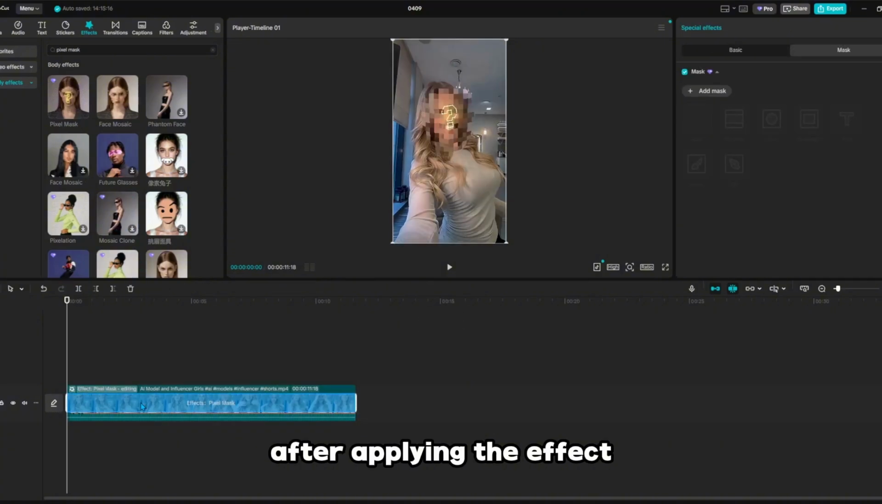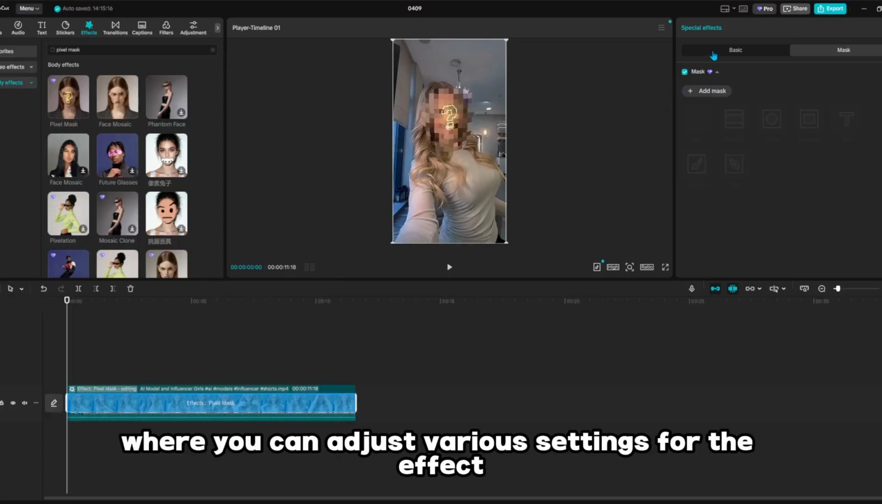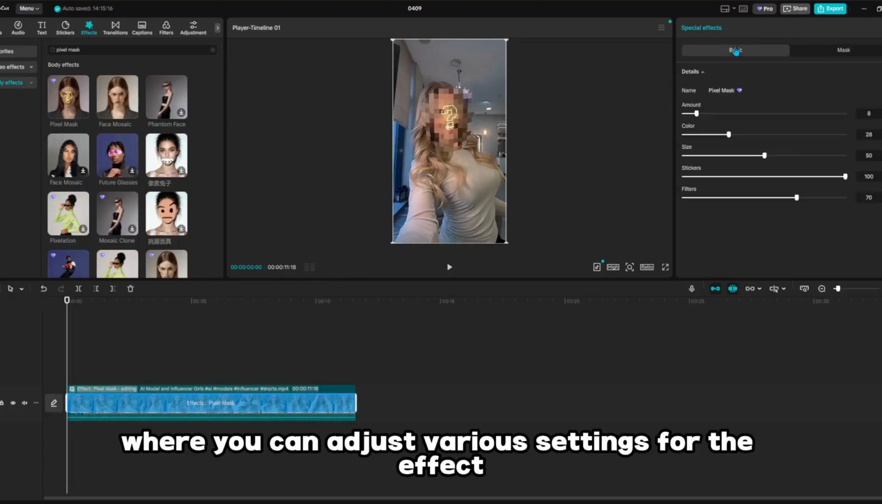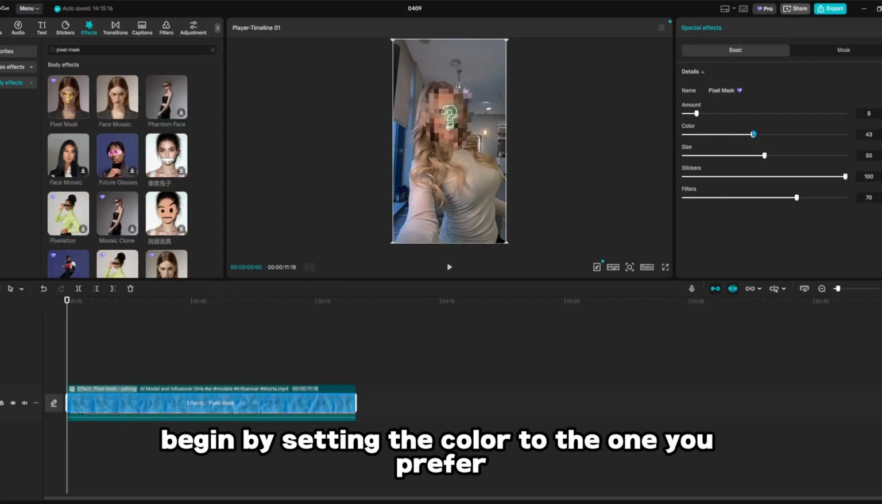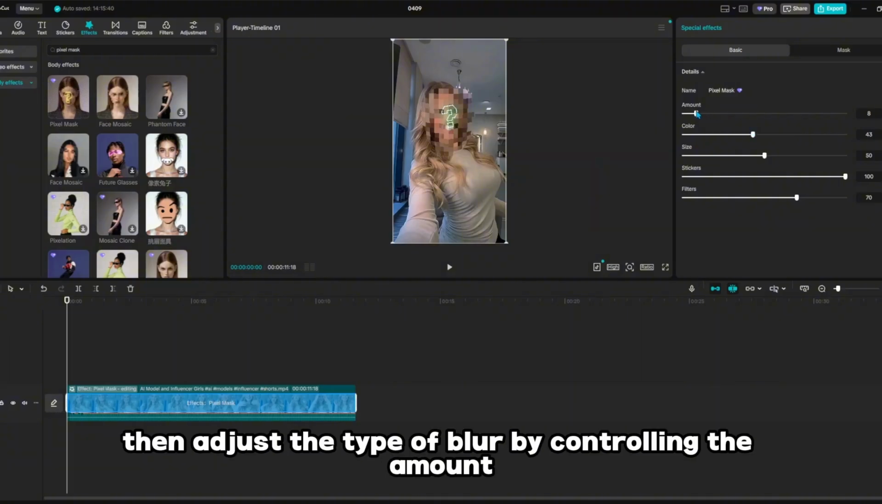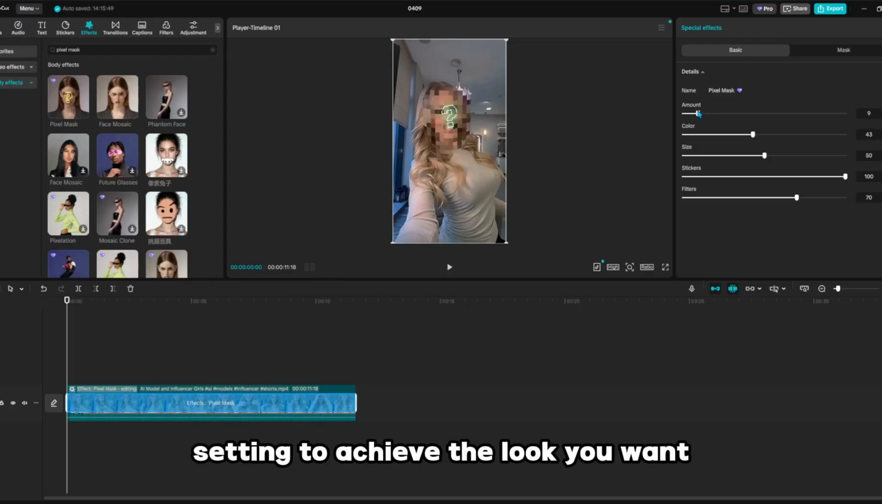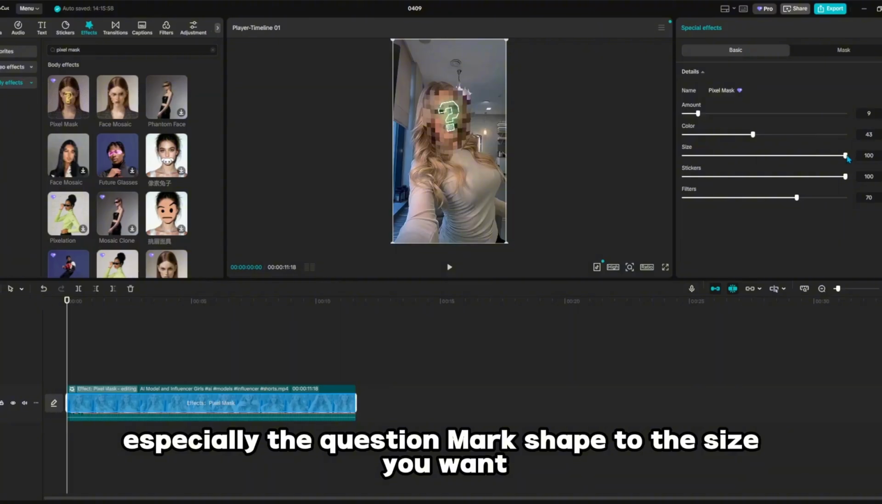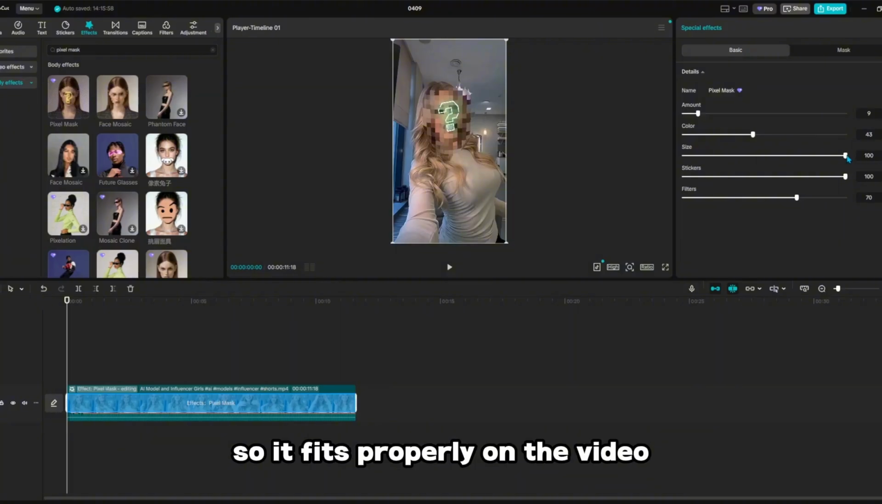After applying the effect, move to the right side menu where you can adjust various settings for the effect. Begin by setting the color to the one you prefer so it matches your video style. Then, adjust the type of blur by controlling the amount setting to achieve the look you want. Continue by resizing the effect, especially the question mark shape, to the size you want so it fits properly on